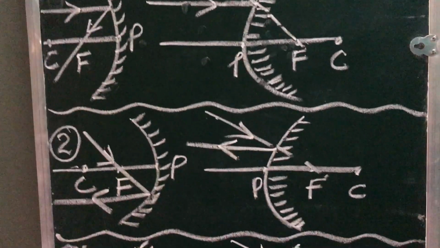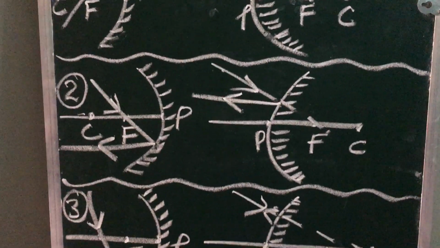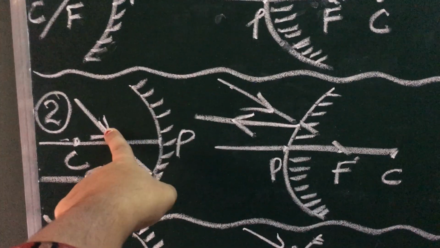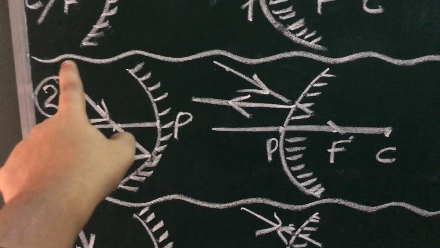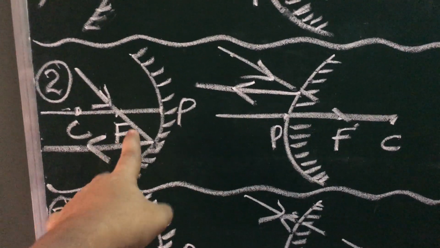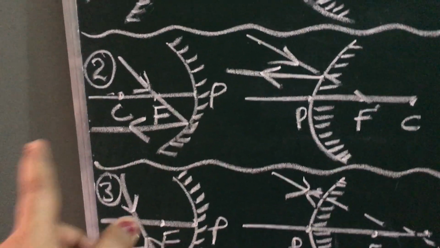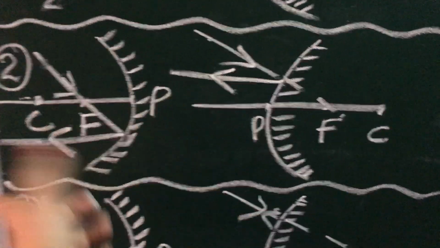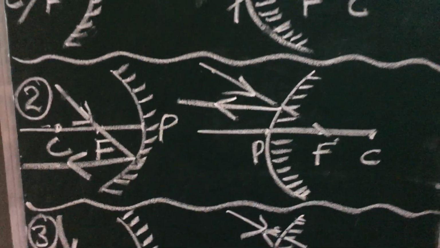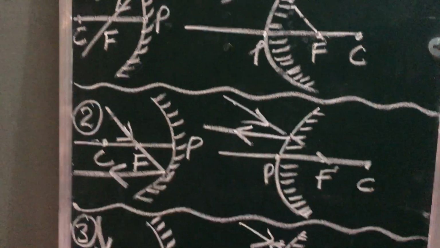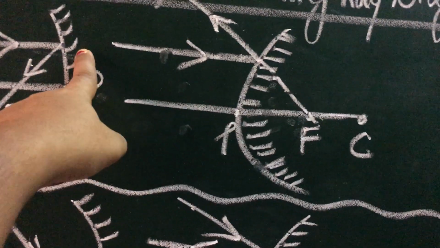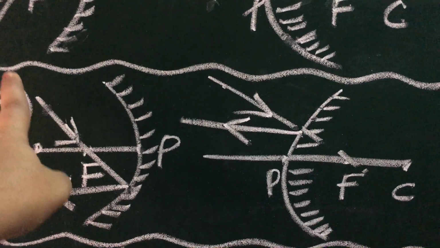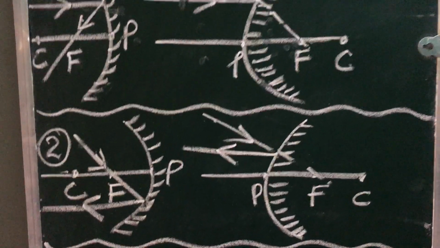Okay children, now second, if an incident ray is passing through the focus. See the incident ray, this arrow will show that light is coming. If light is coming, it is the incident ray. This arrow going outward means it is the reflected ray. If an incident ray is passing through the focus, then how will it go? The reflected ray will be parallel to the principal axis. See, both are opposite. If it comes parallel to the principal axis it will go through the focus, and in the second case, if it comes through the focus, it will pass parallel to the principal axis.